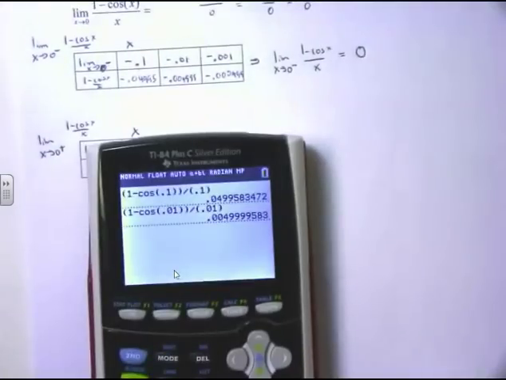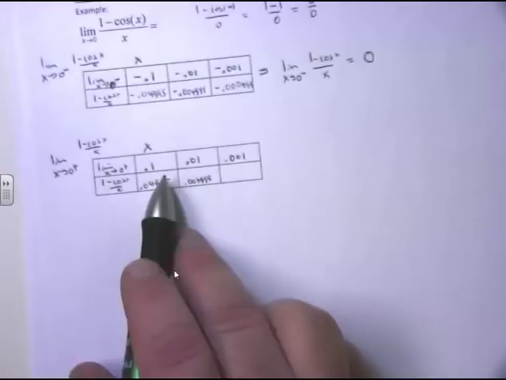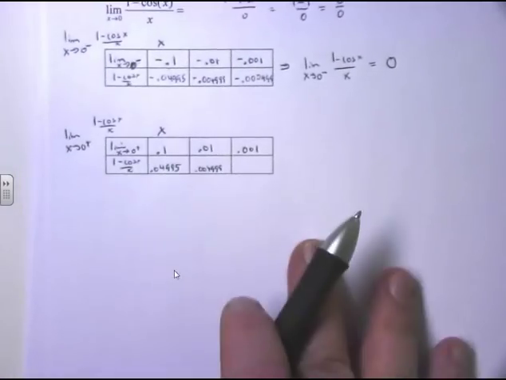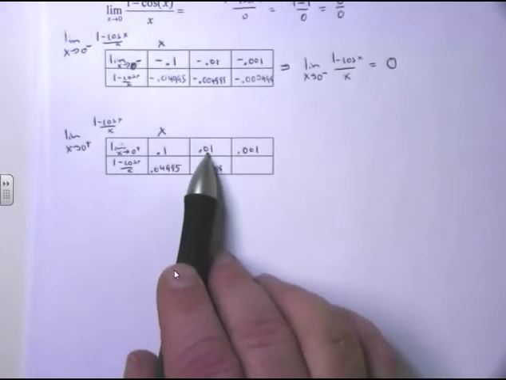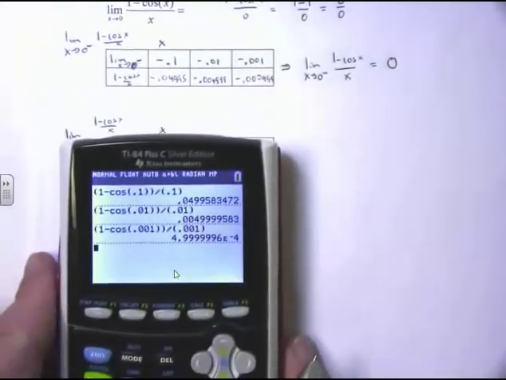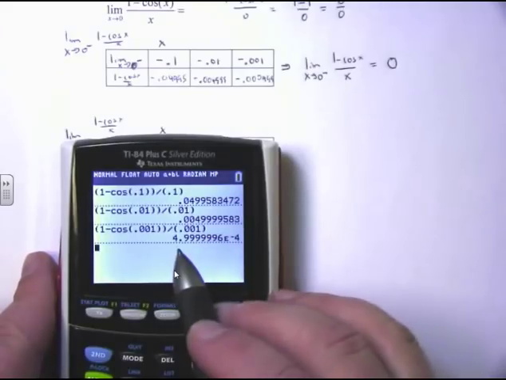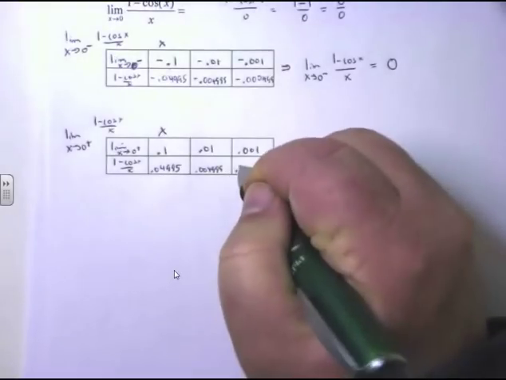And you're catching a pattern here. So now I'm going to plug in positive 0.001 for the x's into my function as I'm getting very close. This is the whole idea behind limits. You're getting close, closer, closer, and catching a pattern. If you notice, what a surprise, I get 4.99999 times 10 to the negative 4, which means I'll move my decimal place 4 places to the left, and that's going to give me positive